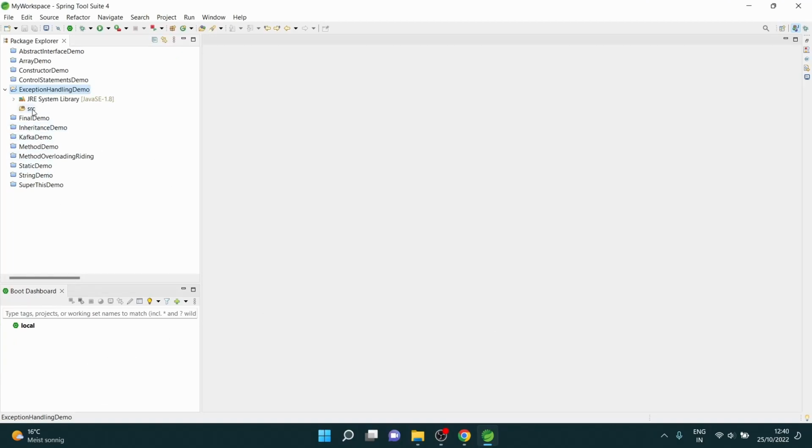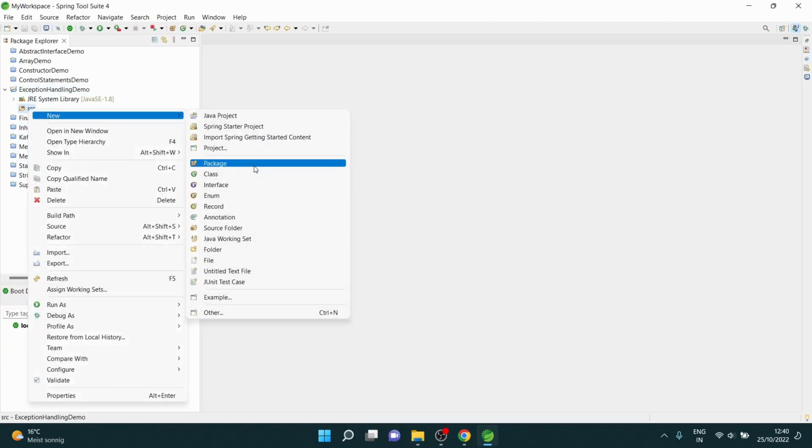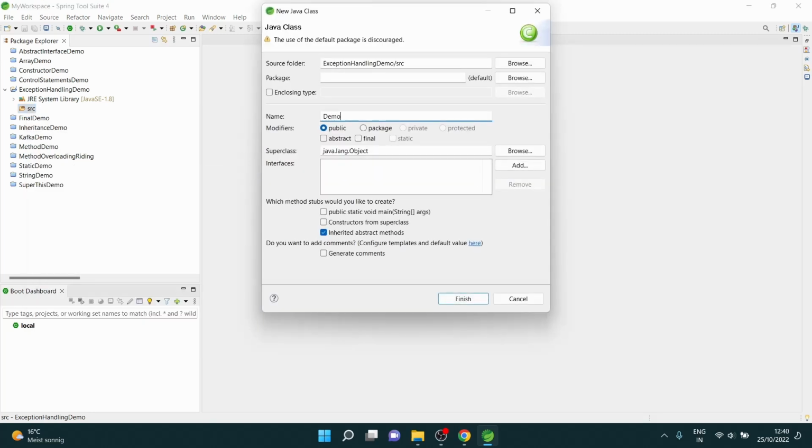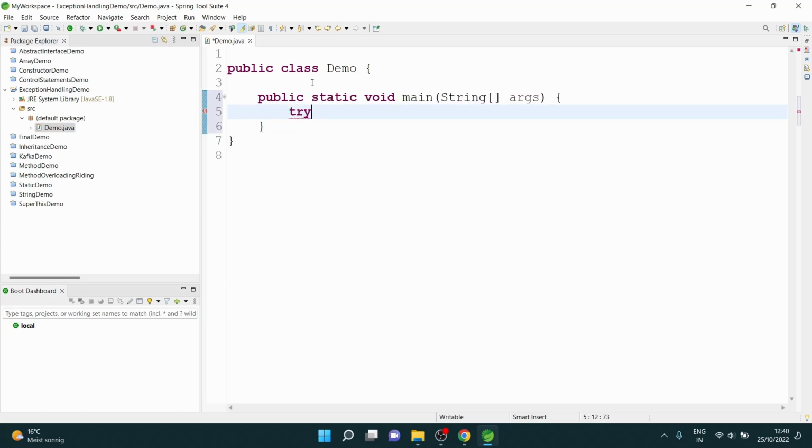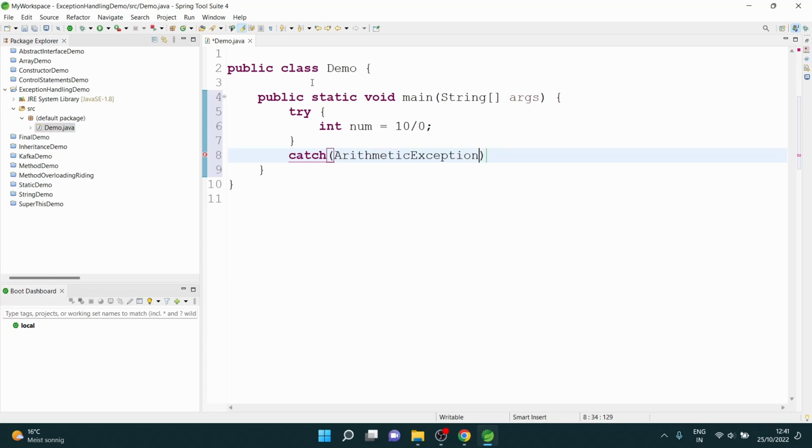So here we are in our IDE, and now let's go ahead and create a class, say Demo. Now let's have a main method here. Whenever we have any doubt that the code can give you an error, write those particular code lines in the try block. So if I say int num equal to 10 divide by 0, I know this is an arithmetic exception which will tell me that you cannot divide by 0. So we say catch ArithmeticException,